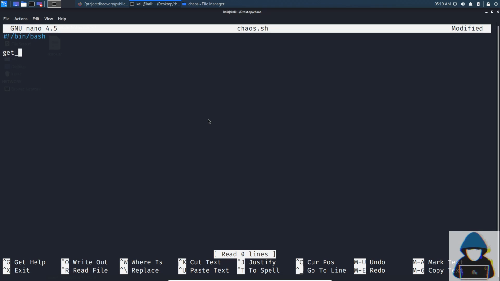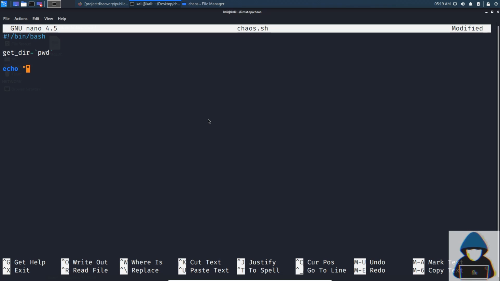Now let's specify getDir as a variable which will store the output of the pwd command. We can store the command output to a variable by using backticks and mentioning the command inside the backticks. So the getDir has the value of the present working directory.